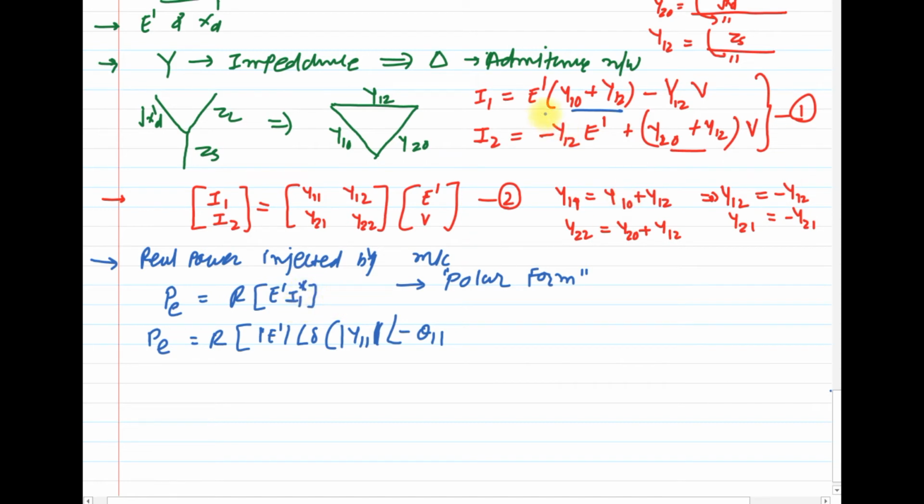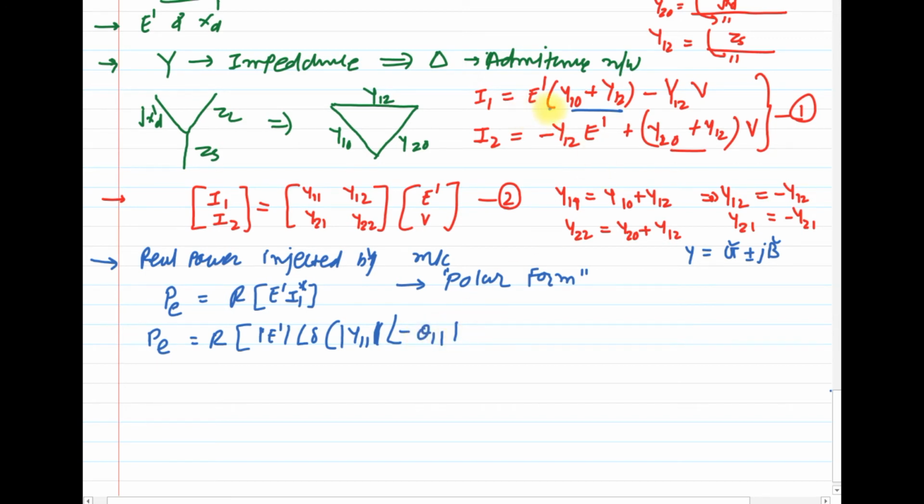So the first element, which is y11, into the angle. This angle will show the angle between G plus jB. As we all know, y is equal to G plus or minus jB. So this theta will indicate the angle between these two quantities, conductance and susceptance. Clear? So magnitude of y11 with angle minus theta 11. Again I will repeat why we have considered minus here, just because of the conjugate on the current.